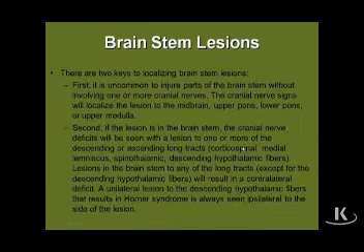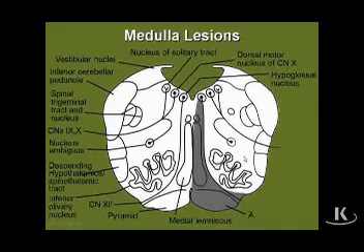And the only added feature to that is the descending hypothalamic fibers. We know that they course laterally through the length of the brainstem near the spinothalamic tract, and when lesioned, they will result in an ipsilateral central Horner's syndrome. So with that in mind, let's now look at various commonly tested brainstem lesions in the medulla, pons, and the midbrain,